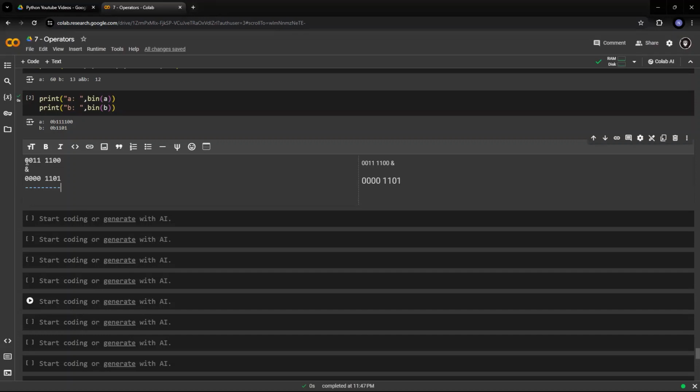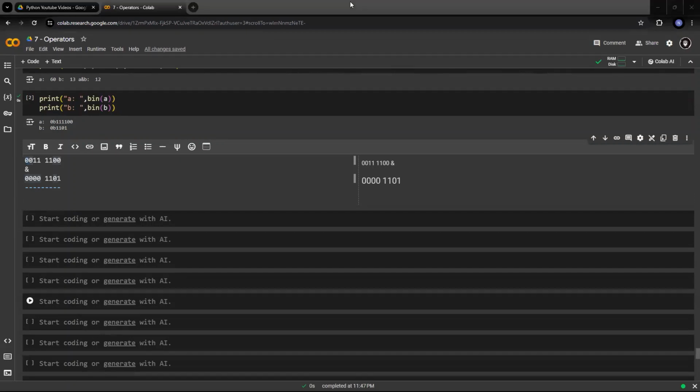So we do it bit by bit. When I initially gave the definition, it says what a bitwise operator does is